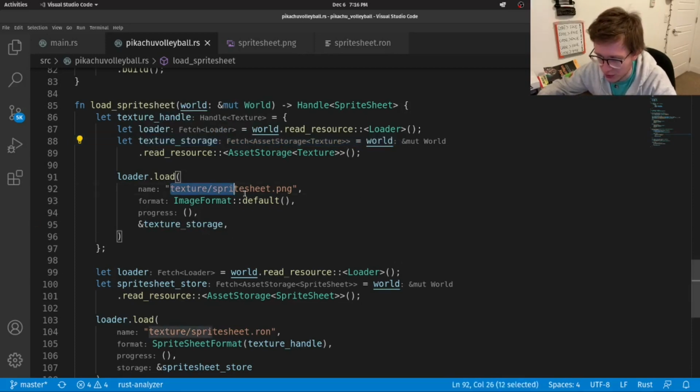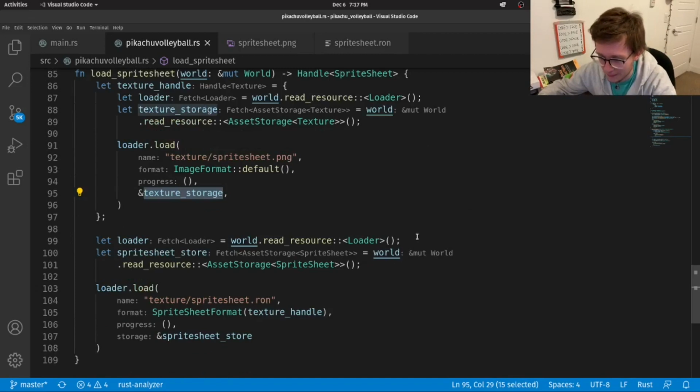So loader is getting your PNG, and then texture storage is where it's being loaded onto. One thing to note is that a loader call can be used on all sorts of things. So we have to specify that it is an image, say an image format.